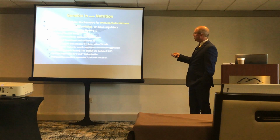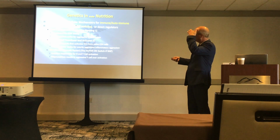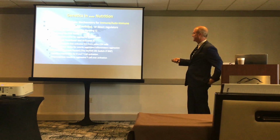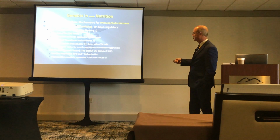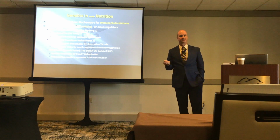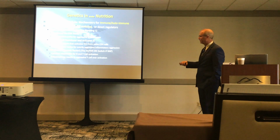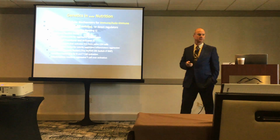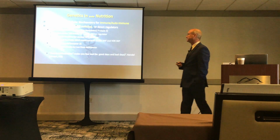So these are your off switches or down regulators. SOCS1, mess ups there cause aggressive inflammation. STAT4, that's your JAK stats. Tumor necrosis factor, this is a super on switch. It's responsible for T cell activation. Think coronaviruses. Polymorphisms result in aggressive T cell overactivation. Man, this is a lot to think about right now. I'm thinking about it and going,